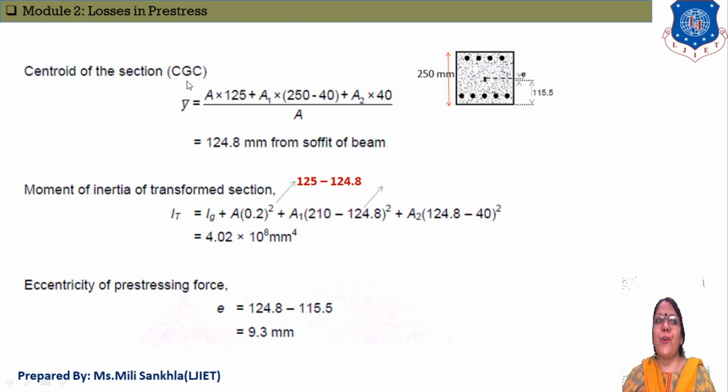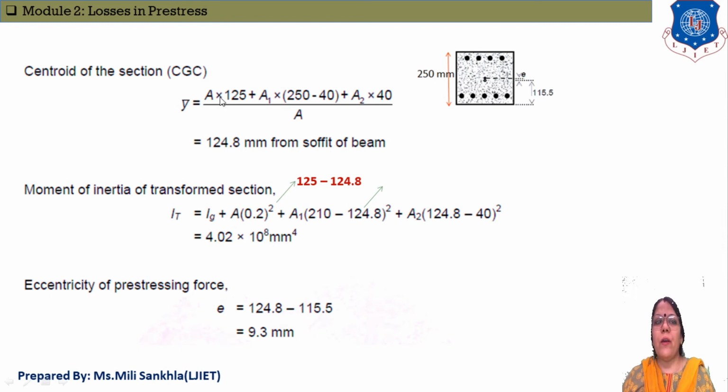Okay, now again we find out CGC, that means centroid of concrete, because here we find the area of the transformed stage, that means our section is converted into concrete. First we found CGS because that is the initial stage, and this one is the after-transferring stage. CGC, Y bar is equal to, again what is the equation of Y bar? A1 y1 plus A2 y2 plus A3 y3 divided by total area A1 plus A2 plus A3.